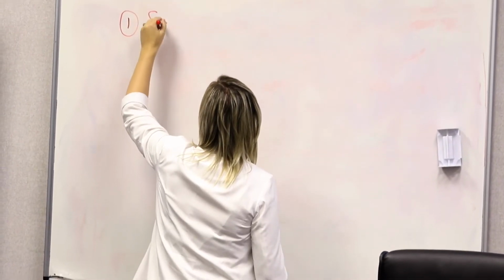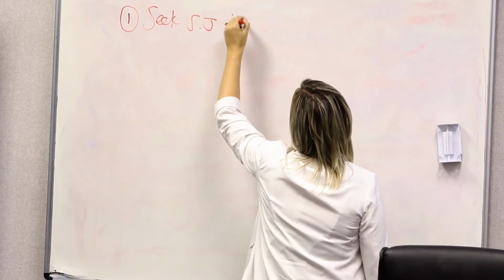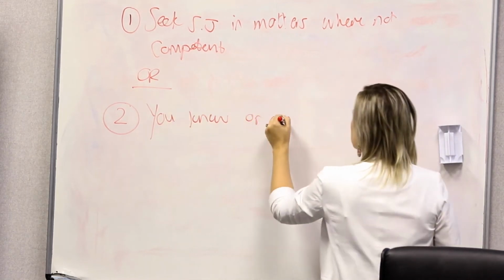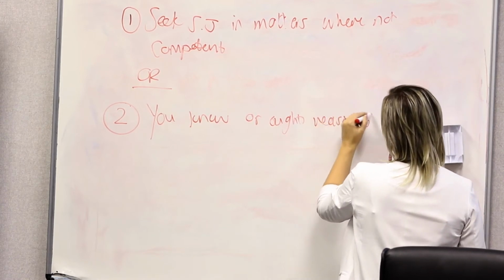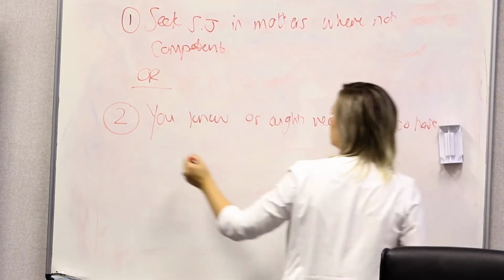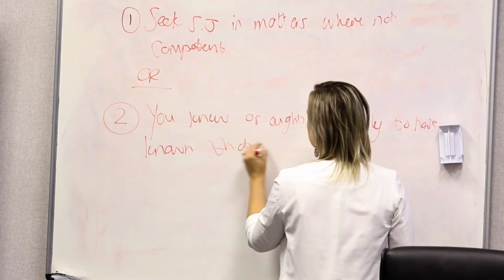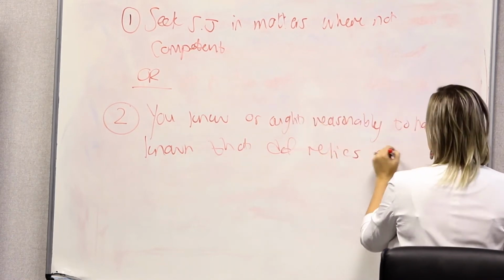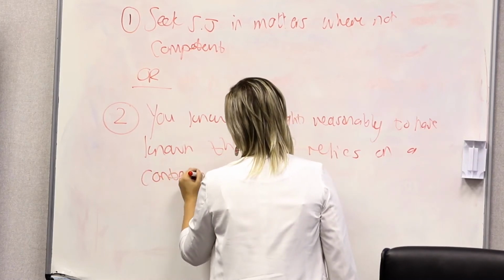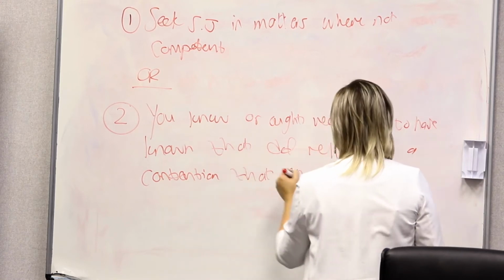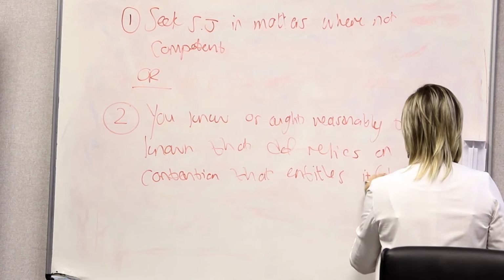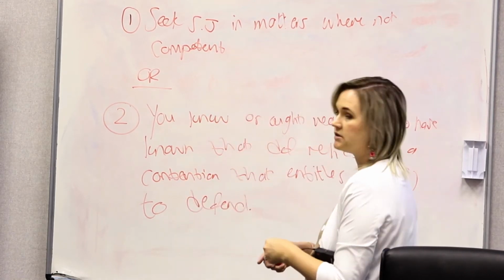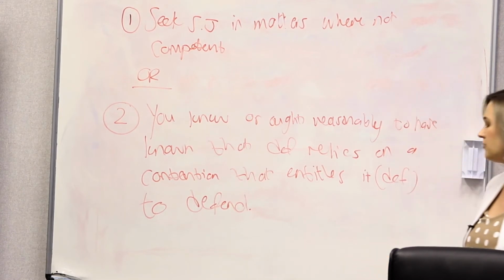ways. You can seek summary judgment in matters where it's not competent, or you knew or ought reasonably to have known that the defendant relies on a contention that entitles it, being the defendant, to defend. And if you, in either of these circumstances, nevertheless proceed to pursue an application for summary judgment, then